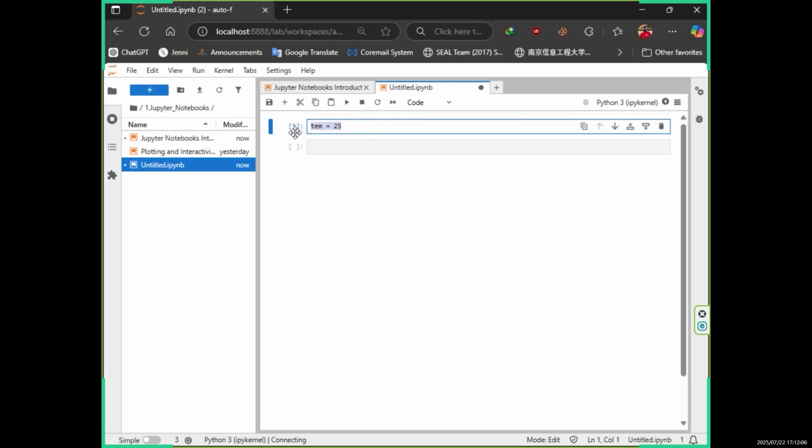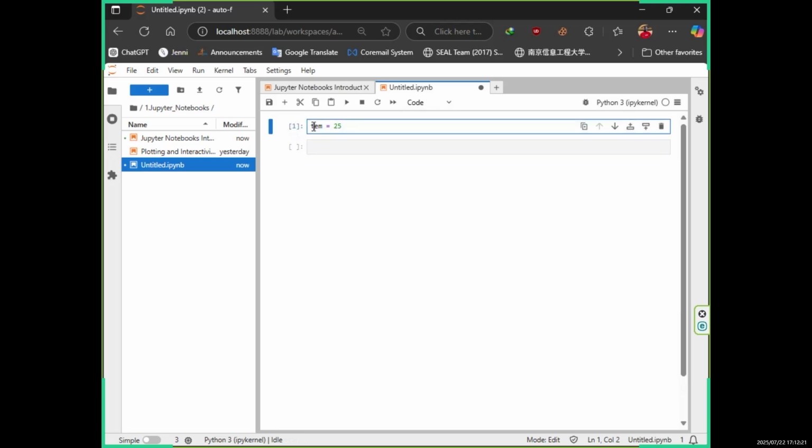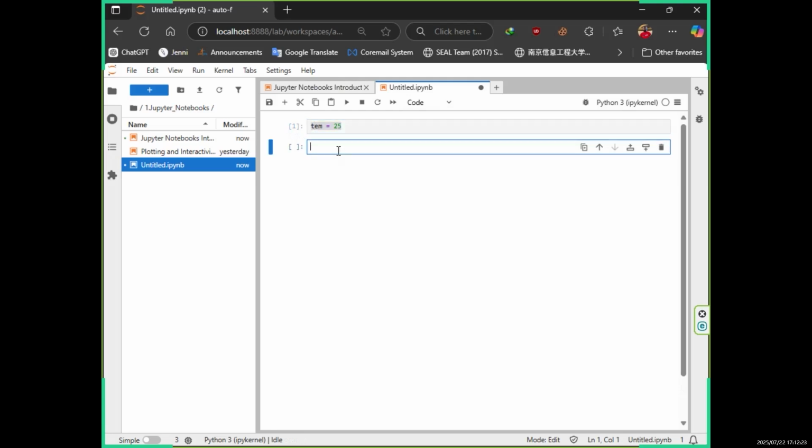So now you see a star mark in front of this cell, that means the code is running. If you see a star mark, that means the code is still running. If you see a number, that means it's already been run. So now if I need to display this temp, I can use the print command. I can type print and call for that variable